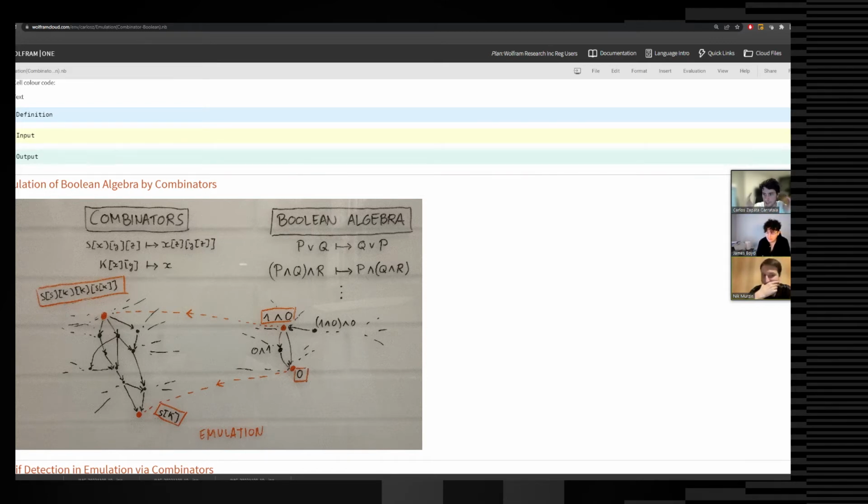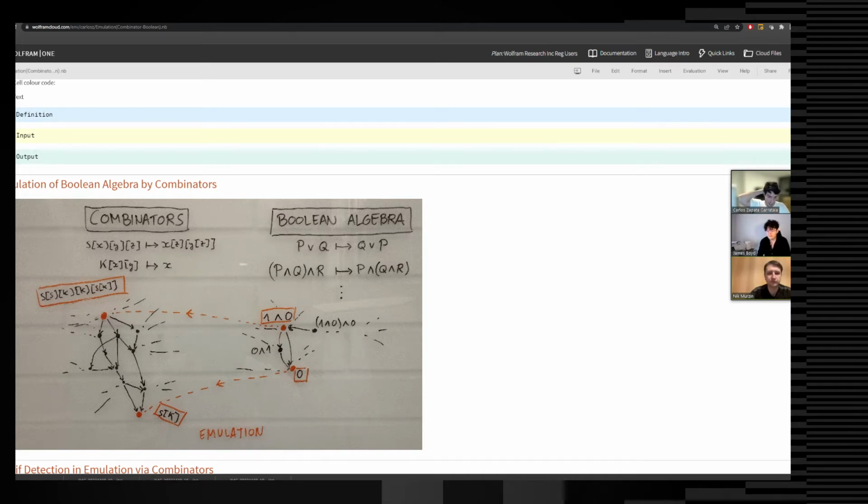Combinators and Boolean algebra, they're both rewrite systems. As formal systems, James said, and Stephen wrote in his writings, that combinators are somehow more fundamental or more parsimonious, and you can definitely argue for that. But if you just forget about that aspect, not saying those analyses are invalid, they look the same. These two systems look formally the same in the sense that you have some symbols, you have some rules, and you apply them, and you do rewrites. So the question is, are these two systems related in some meaningful way? And this is what we mean by emulation.